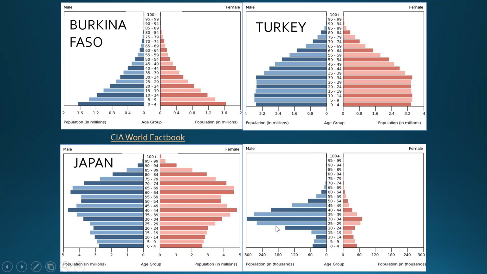And then here's a unique population structure, right? A lot more men than women. And this happens in places like Qatar, where you have lots of people migrating who are coming in looking for work. Qatar is very wealthy, it has oil money, and so the average citizen is really not interested in construction. They are in the process of building stadiums for the World Cup, and so you have lots of men from other countries migrating in order to take that work. So we're going to talk about migration in the next chapter, in the next module, but that plays a big role into population structure as well.